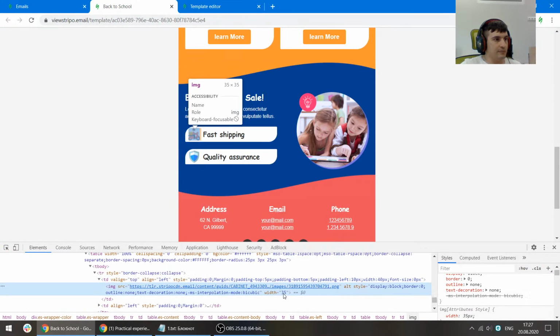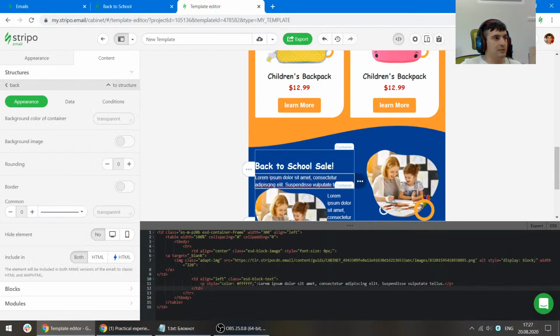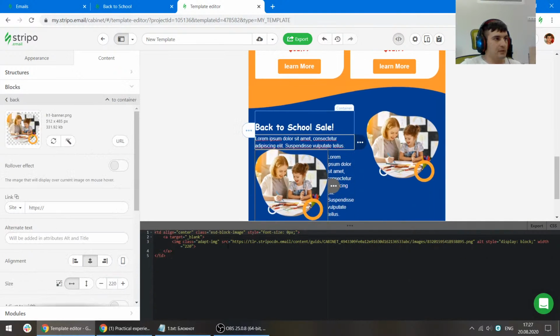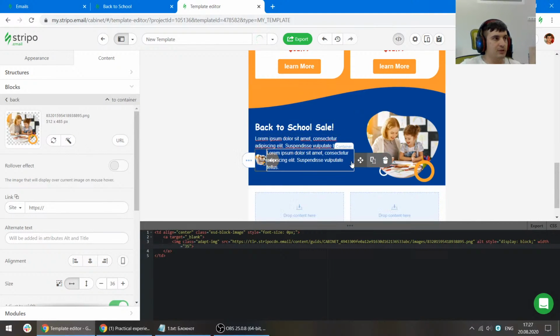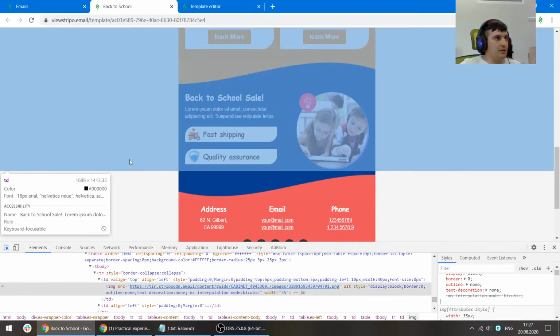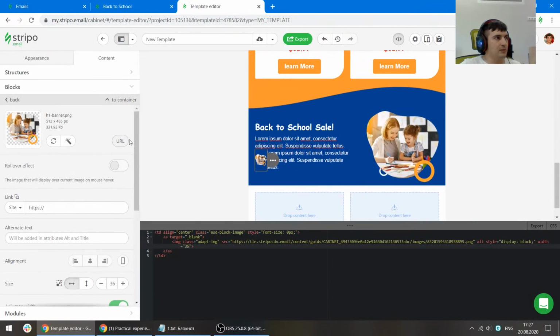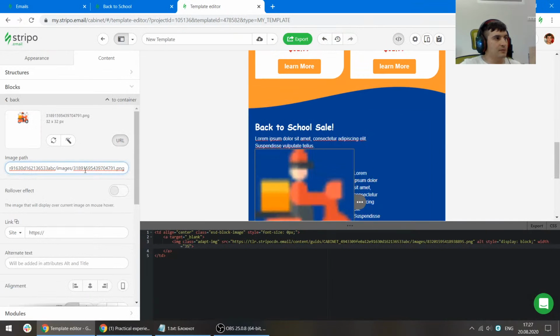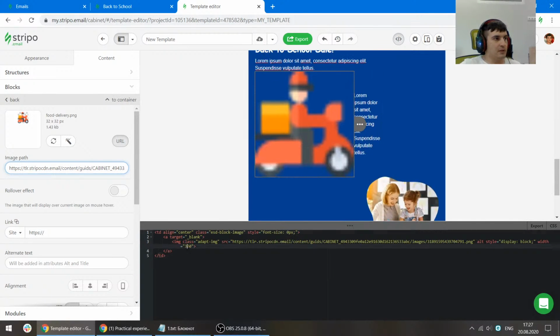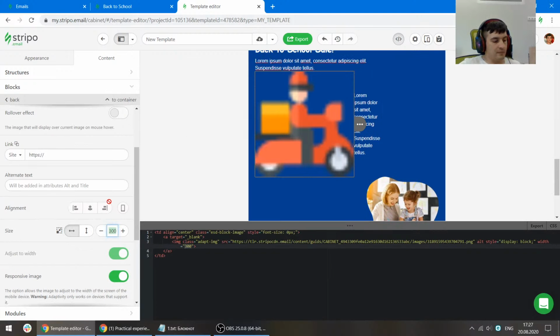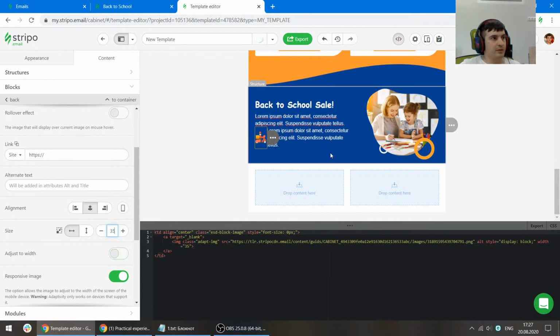So we need to get 35 pixels for this image, and let me just change our image. For that we can use our preferences,